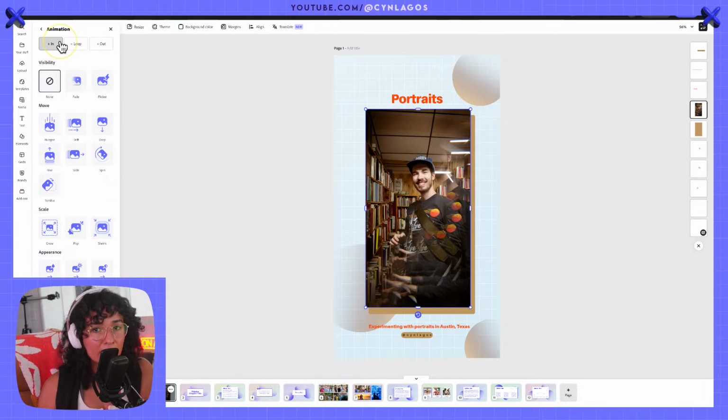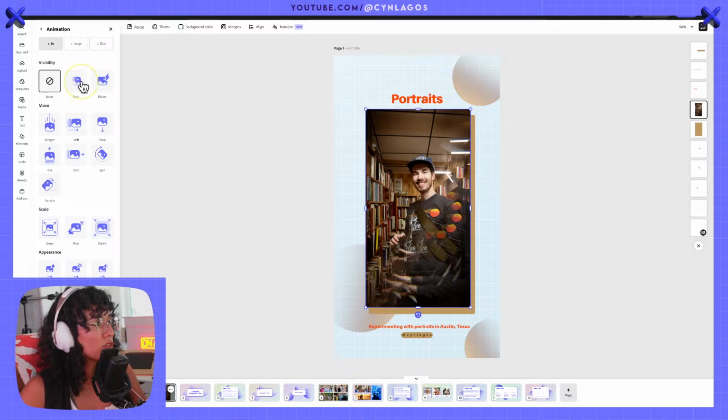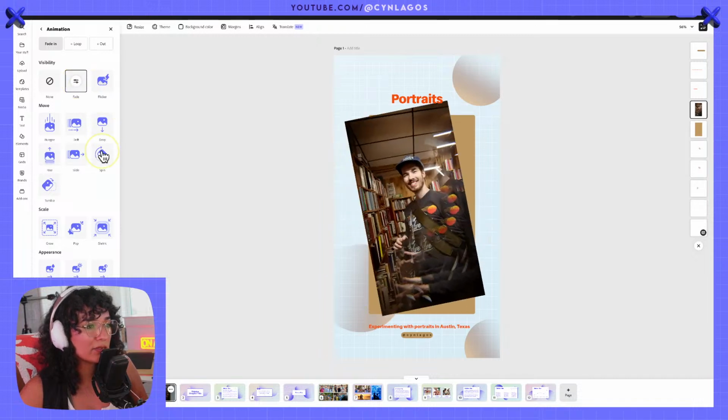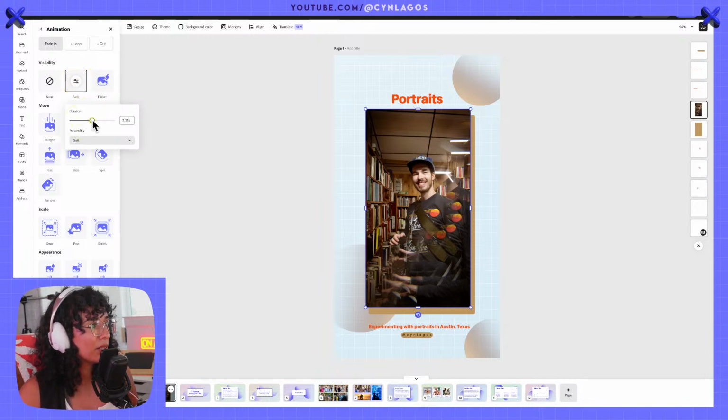So the in is the entrance, loop is the continuation while we're watching it, however long it is, and out is the exit, right? So we've got fade. I like fade for a photo, especially. We don't need to have this photo spin. It's just too much. So let's do a quick fade. I think a fade to black or something like that would have been even better, but that's okay.